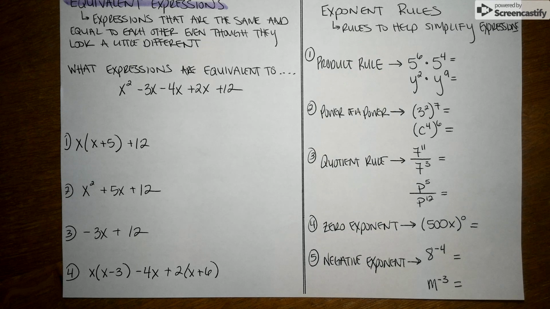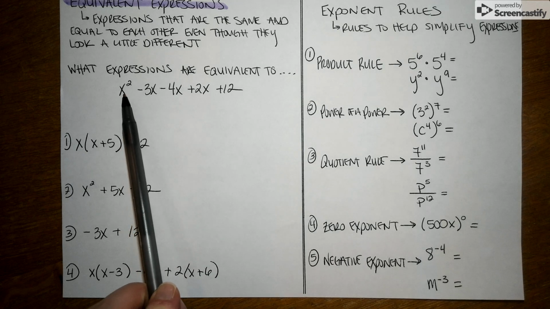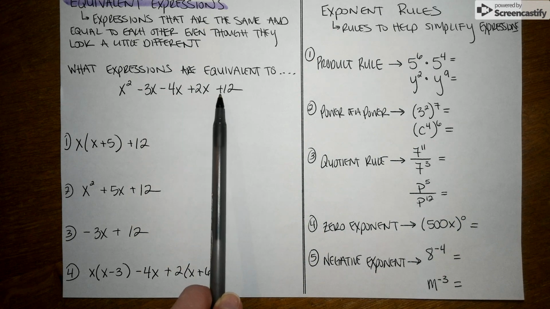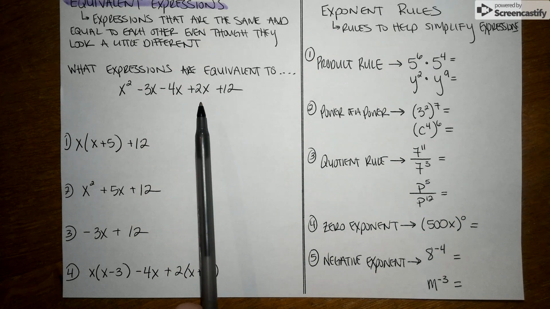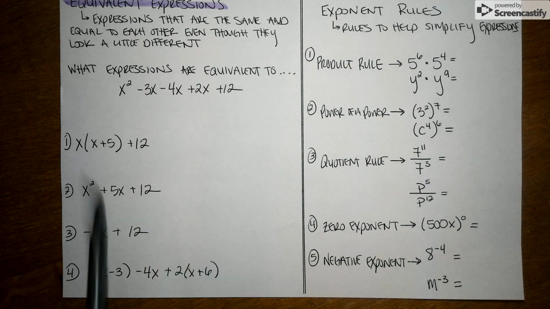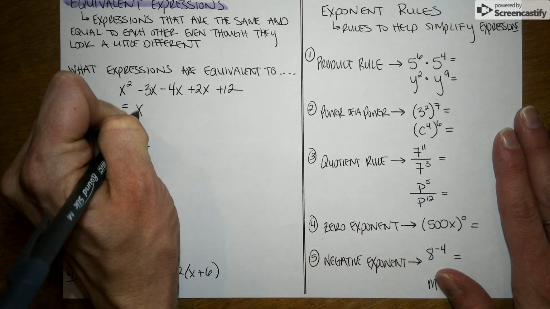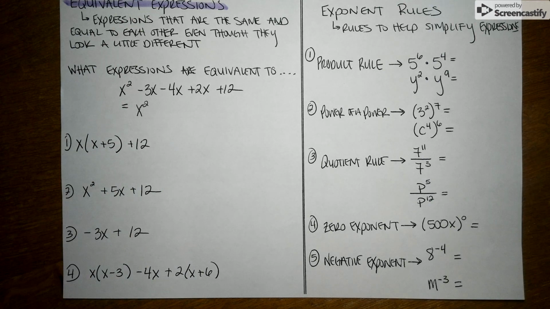So I don't have to worry about using the distributive property. And I can go right to step number 2 from the previous page that we just talked about and think about what terms I can combine. So if I look at my first term, I see that there's an x squared. But when I scan over all the other terms that remain, I don't see any other x squareds. So x squared doesn't have a like term. Therefore, in the next step, I'm just going to copy that x squared down